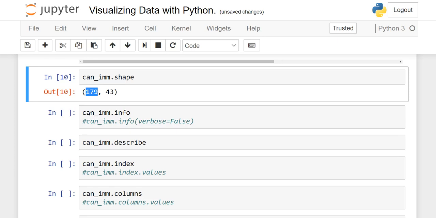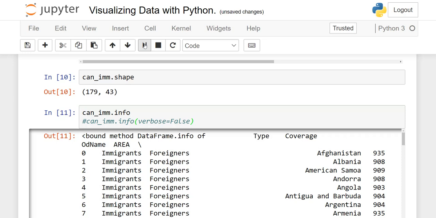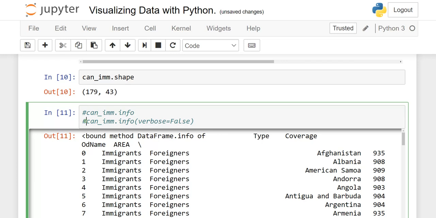Now is the info. See, our data frame name dot info, and run it. It will give you the information of each record. This is 0, foreigners, Afghanistan, each record, right? If I comment this and remove the comment from here, I have changed it a little bit: verbose equal to false.